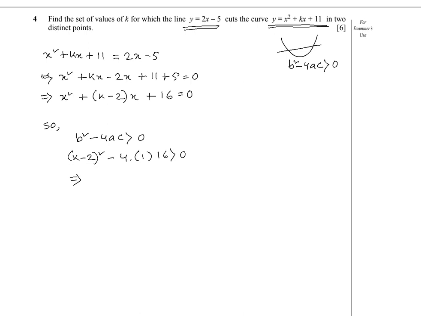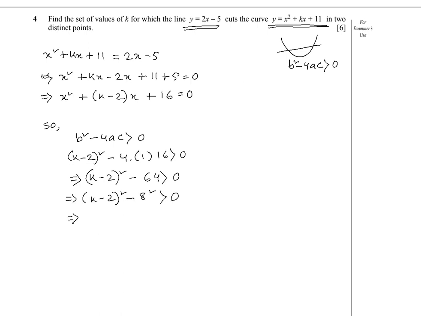Now 4 times 16 is 64, so we can write (k minus 2) whole squared minus 64 greater than 0. 64 is 8 squared, so here we can write (k minus 2) whole squared minus 8